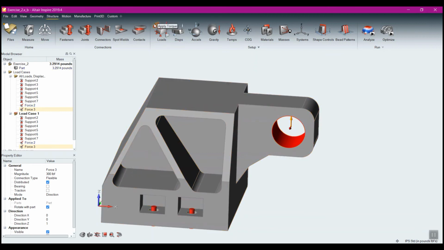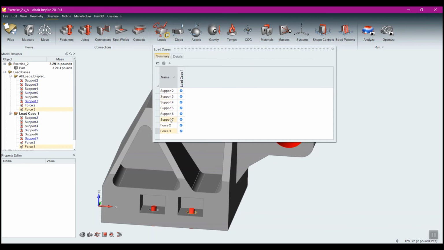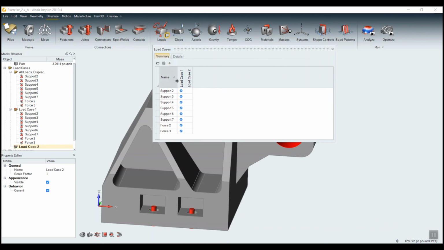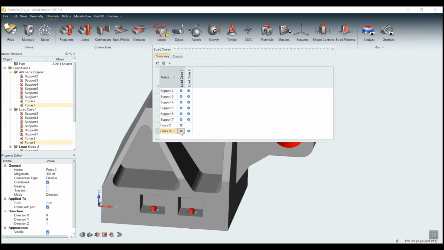So I can come up here, and if I highlight my force or my load icon again, I get this list of load cases. I can come here, and you'll see we have all of these different load cases. I can add a new one, and then I just kind of pick buffet style what I want from there. So we'll say this one will be force 3, this will be force 2, and now I have two entirely